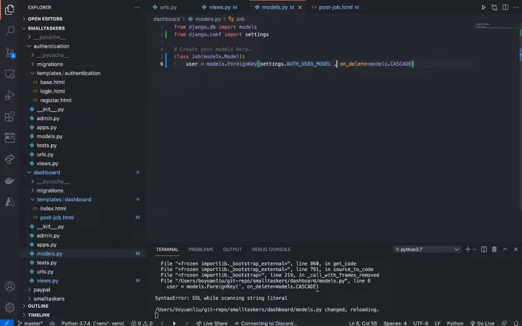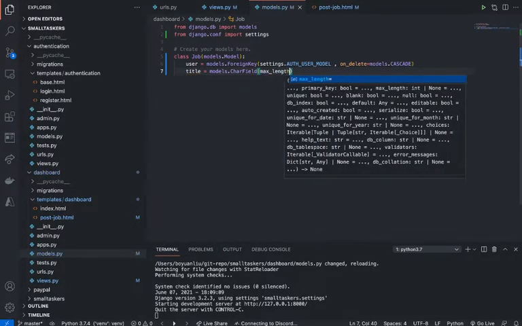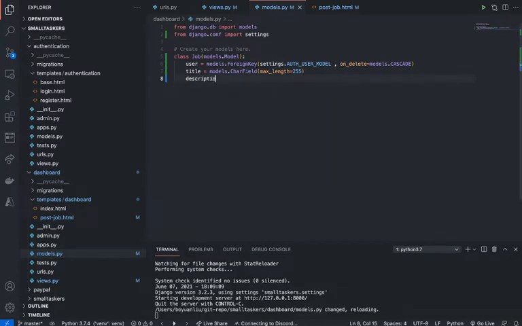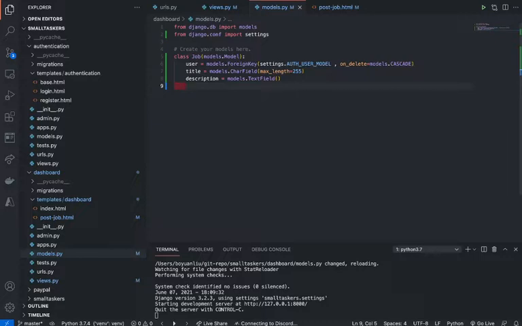I guess it's there. Okay, so the reason we want to have a user here is so that we can get the user's information easier. So now let's do title, description, and then here we're gonna have some configuration: price per price, models float field, or money field, no, float field, and we can say quantity equals models.IntegerField,